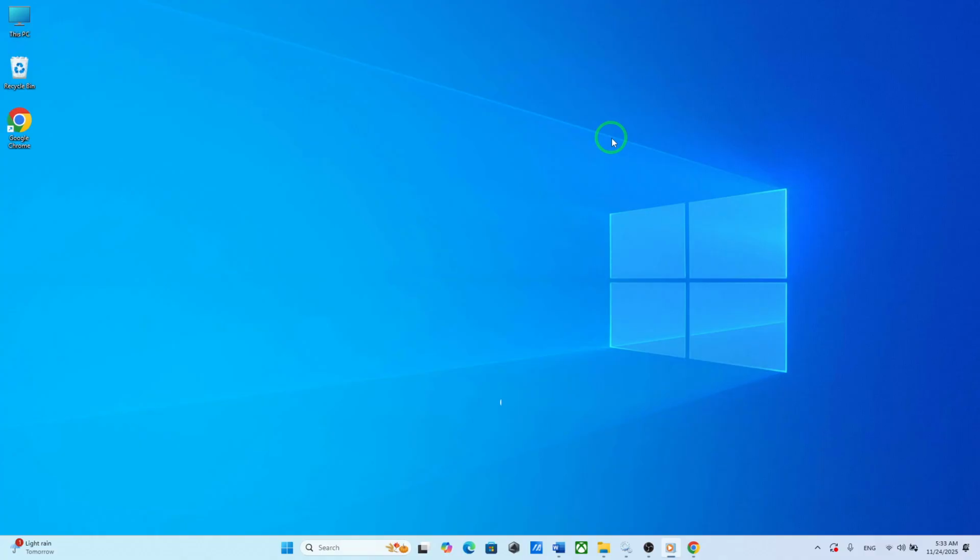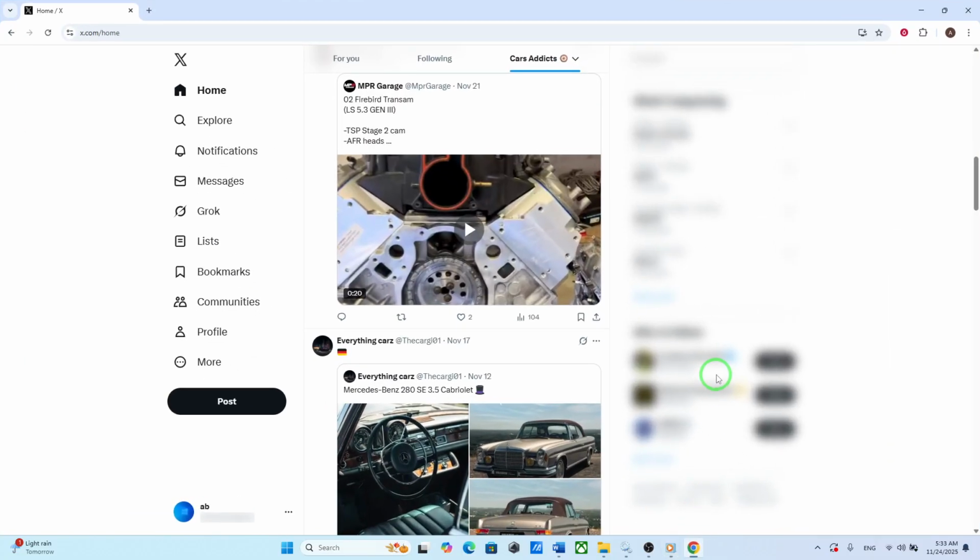Let's get started. First, open your browser and go to x.com. Once you're on your homepage, take a look at the menu on the left-hand side of your screen. You'll see a list of icons, including the Notifications tab. Click on that. This is where all your activity from other users shows up, from likes and reposts to tags